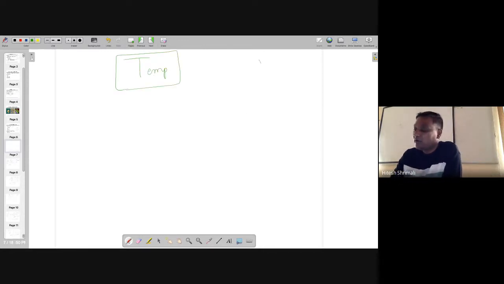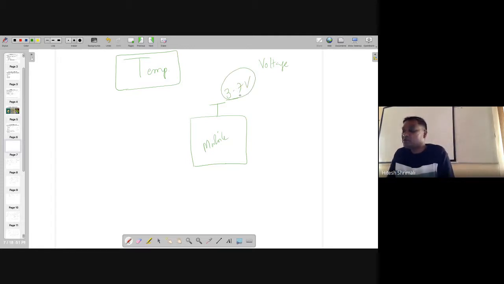There is another quantity which is called voltage. This is again a repetition of what I taught you. If this is a mobile and you are expecting a 3.7 volt battery connected here, it's not possible that it's only 3.7 volt all the time. When it's fully charged, it might be more than 3.7 volt. If it is about to get discharged, it's lower than 3.7, maybe 3 volt or 2.5 volt.